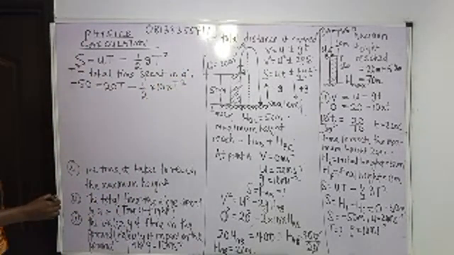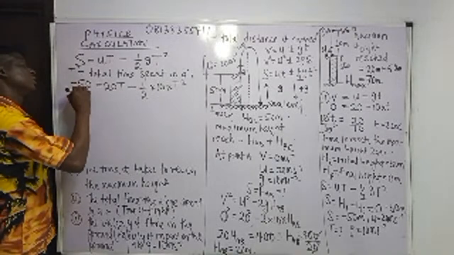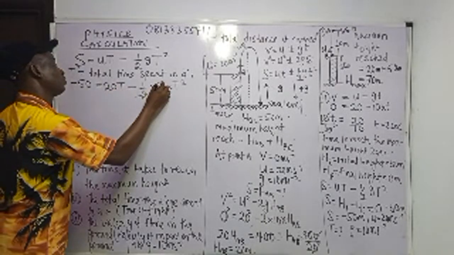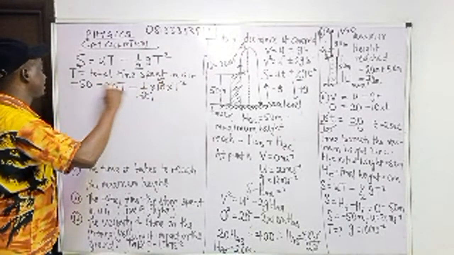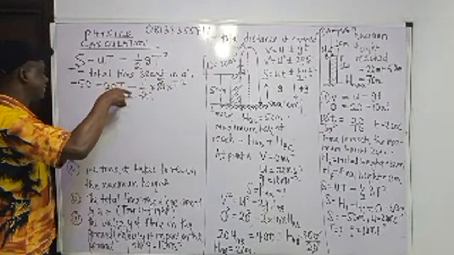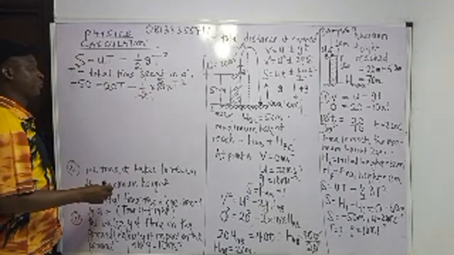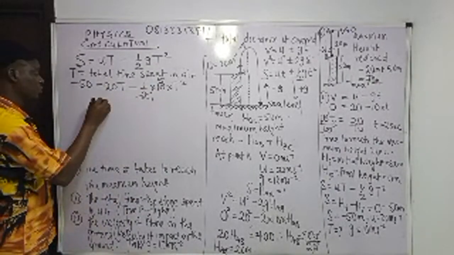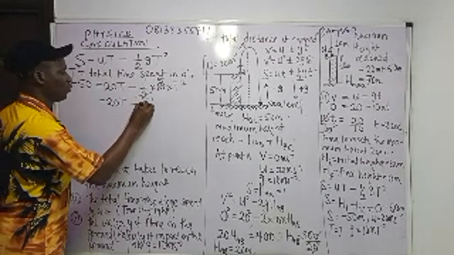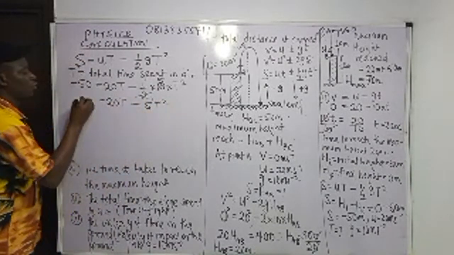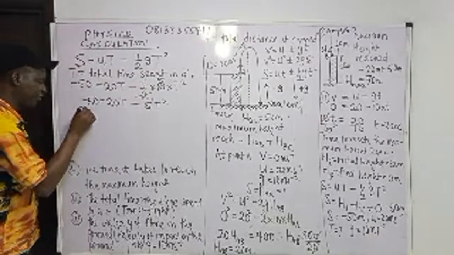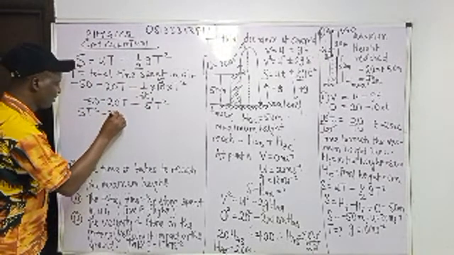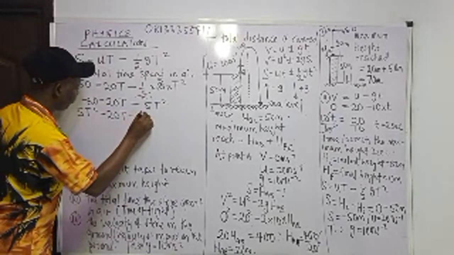So what do we have now? This one cancels this one, and I'm going to have 5 below. Don't forget, this one was the first person's question in JAMB before. So the person that gave us that question, you did well. It was 20T minus 5T squared equals minus 50. Then bring this one over, you would have 5T squared minus 20T minus 50